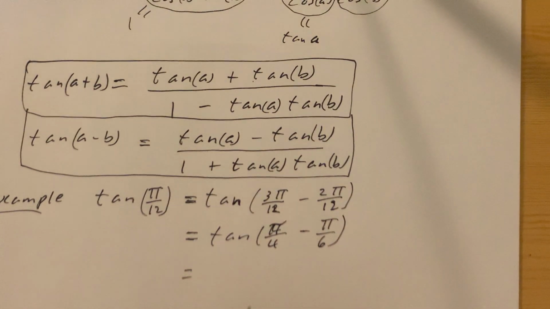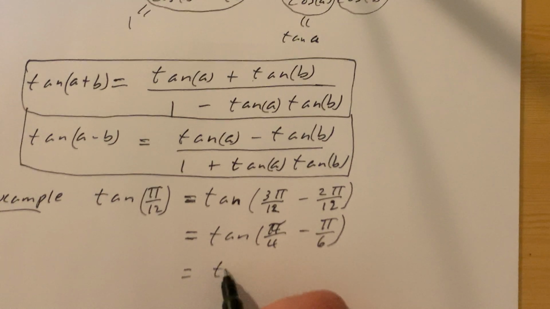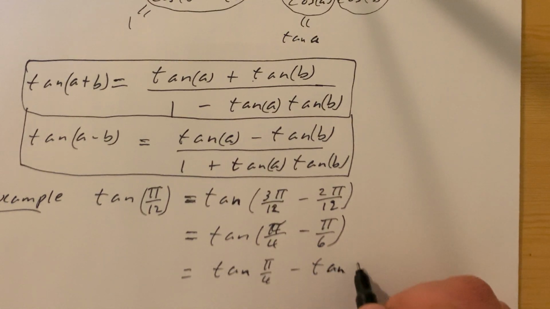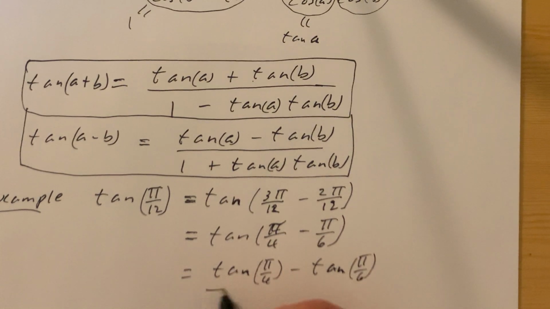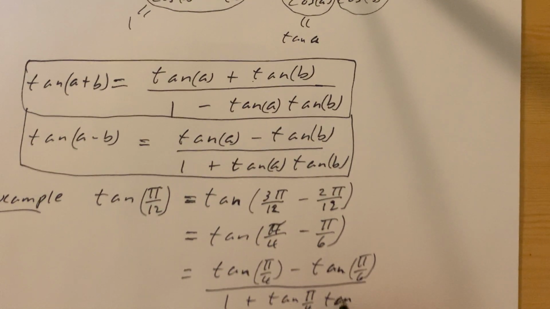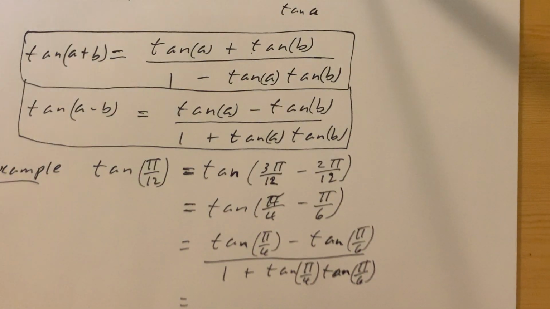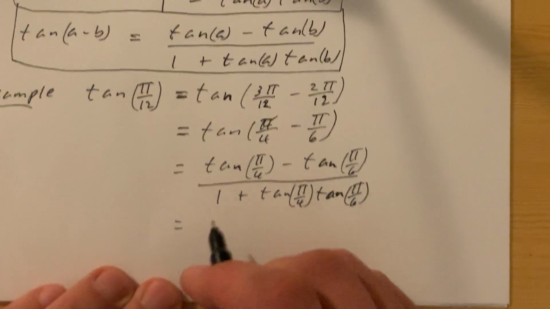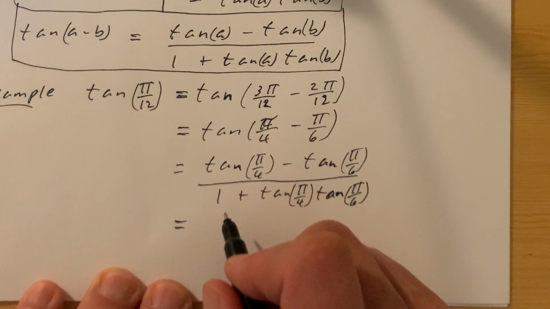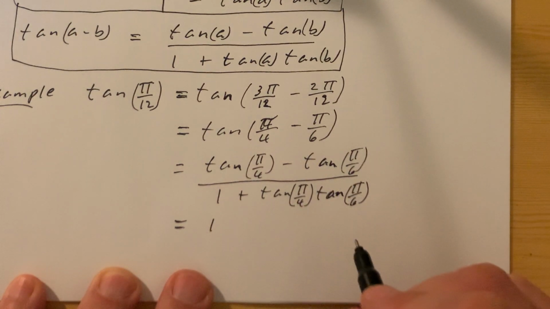Okay. Now we can sub it into this second formula here because this is for subtraction. Okay. So it's going to be tan pi over 4 minus tan pi over 6 all over 1 plus tan pi over 4 tan pi over 6, and from our special triangles, okay, we're going to have tan pi over 4 is just 1, okay, and tan pi over 6